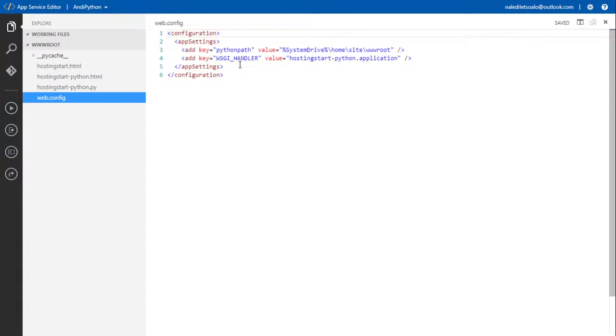Add key WSGI handler. This is for most Python web applications. You will have WSGI, and you will then know that, okay, hosting start Python application, this is the actual script that you must run. This is how you will then configure this particular thing. We're not going to go into that.